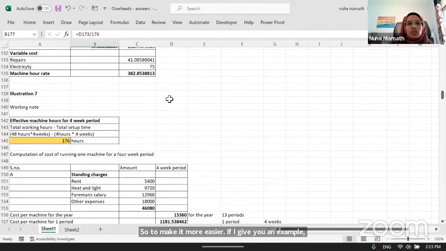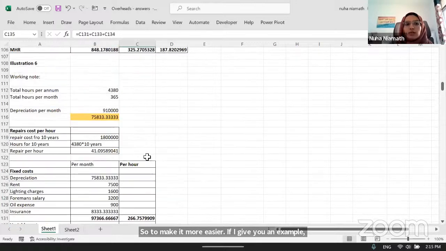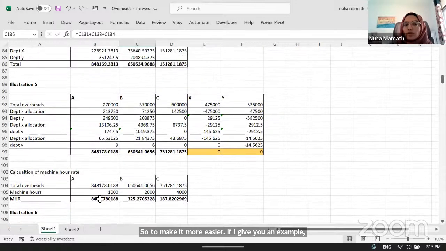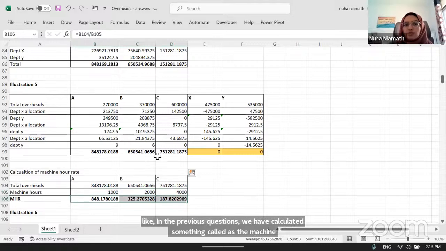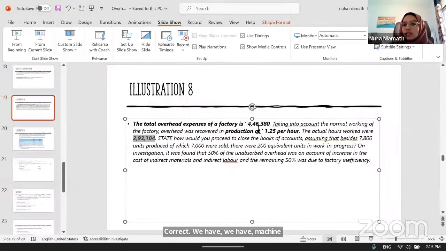In the previous questions, we have calculated something called the machine hour rate, correct? Since illustration 5, we have been calculating a machine hour rate. What is given here is like a machine hour rate. Okay, this is already given. And the machine hour rate is absorbed into the good units based on the actual hours that are worked, which is